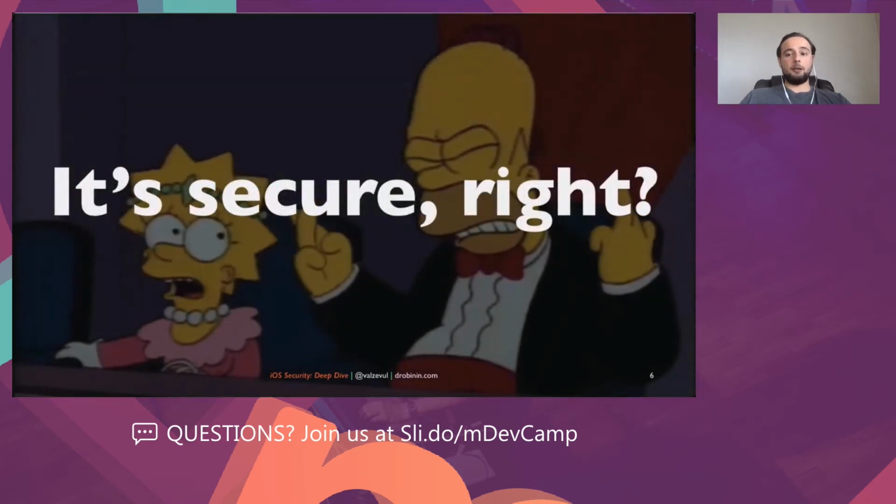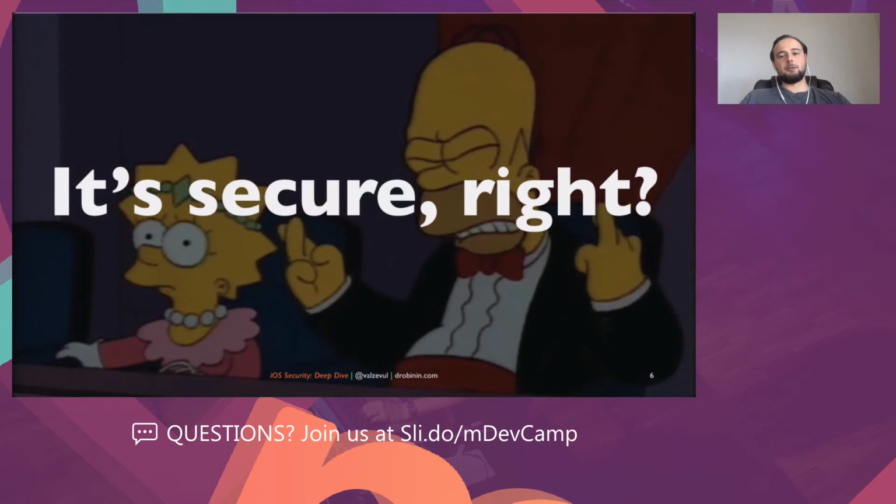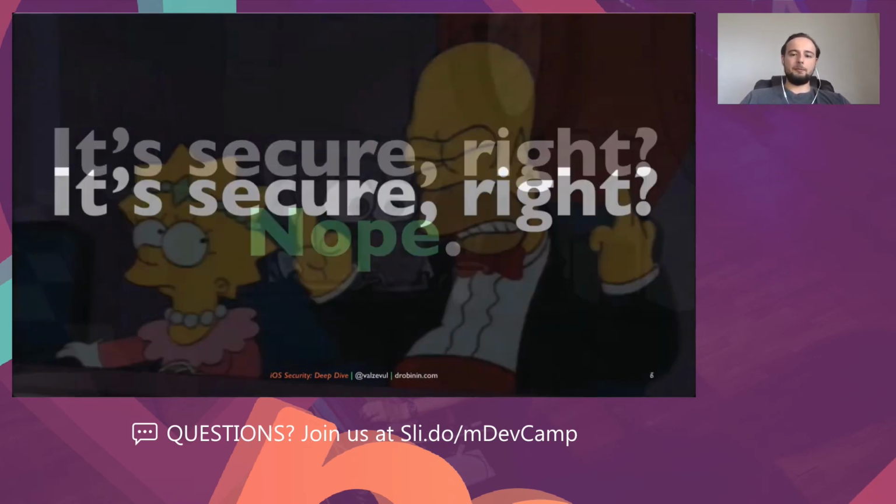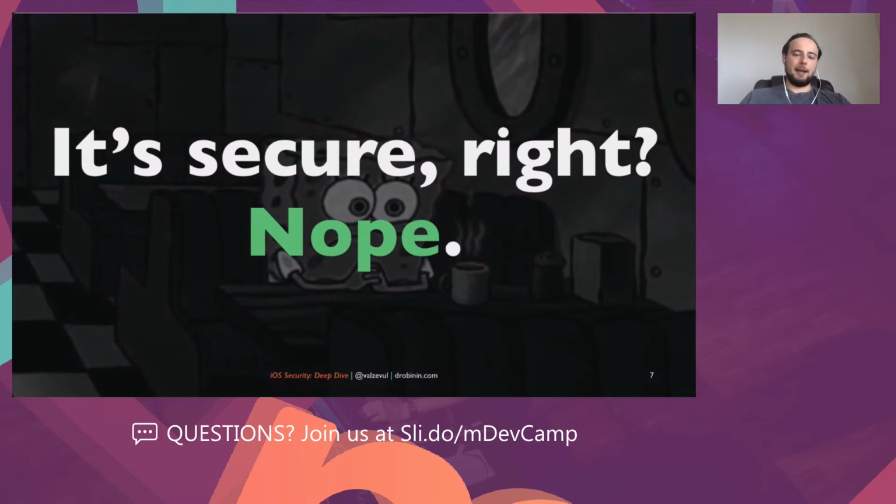And that actually sounds really good. I mean, at least that is secure, right? Right? I mean, it sounds pretty much secure, but as you could have already guessed, probably from my rantings,